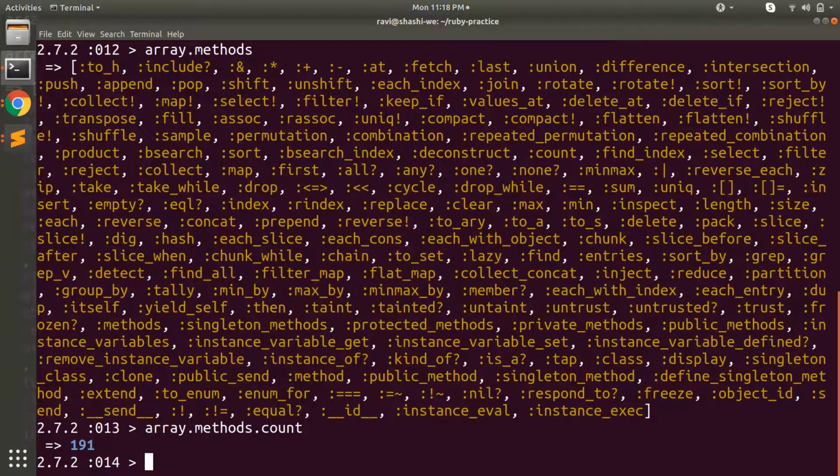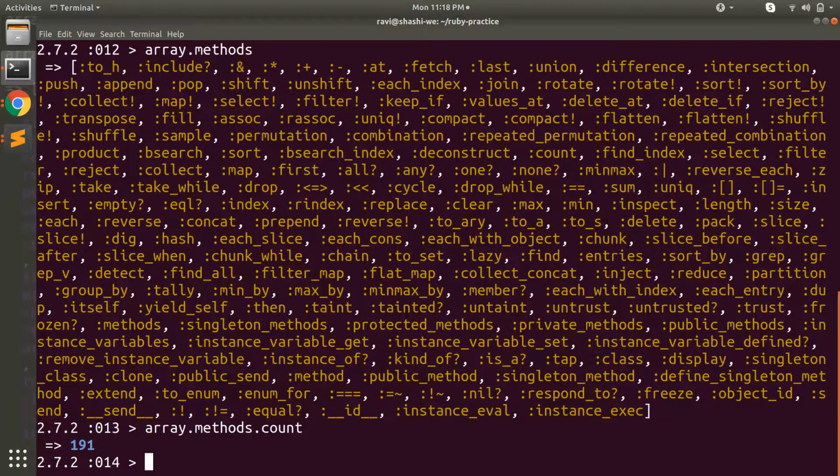I'm not sure, but it is less than 191, probably 187 methods available in Ruby 2.5 and 2.6 as well. And in a higher version like 3.0, you might see more than 191 methods. So as the version changes, the number of methods might differ.